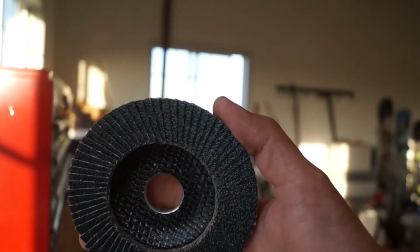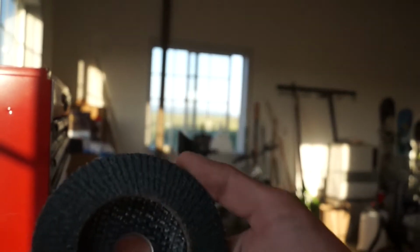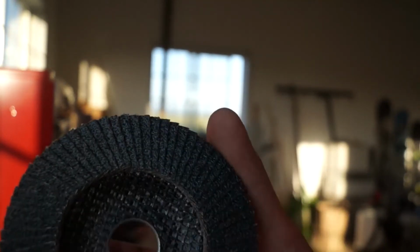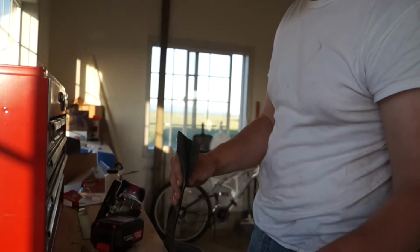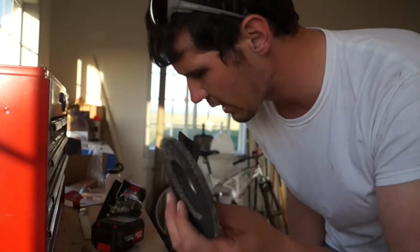Now these are the sanding wheels that I was talking about, and all it is a regular grinding wheel like that, except on this side it's just strips of sandpaper. Are they better? You know, they just don't eat into whatever you're grinding near as much as your regular grinding wheel, which I find beneficial, especially when I'm dealing with blades like this. I don't want my blades to be completely gone yet. So I'm just going to use something a little bit softer to sharpen my blades,